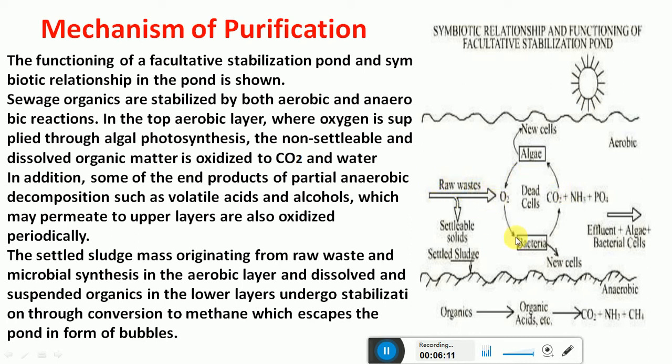Okay. So here what happens, due to the presence of the sunlight, the algae will start to grow. And in the wastewater, you have the organic matter, and also some bacteria which are present in the water as well as this wastewater in the pond. So these bacteria, with the help of the settled sludge, will degrade the organic matter present in the sewage.